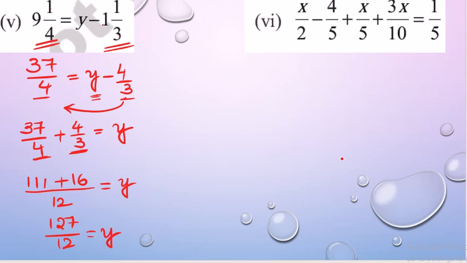Is further cancellation possible there? There is no possibility for cancellation, because 12 can cancel in the 2 and 3 tables, but in the numerator, since it is an odd number, we can't cancel by 2 as well as 4. And the sum of digits, 7 plus 2 is 9, plus 1 is 10, is not divisible by 3 as well. So y is equal to, simply we can write it as 127/12.